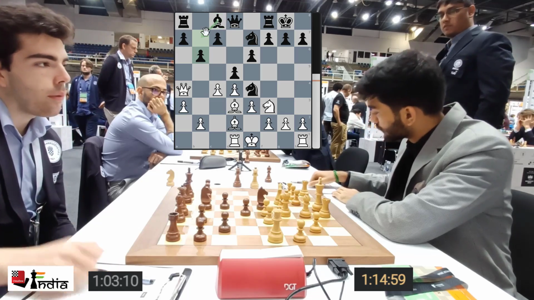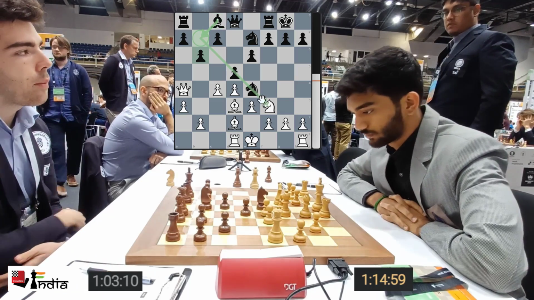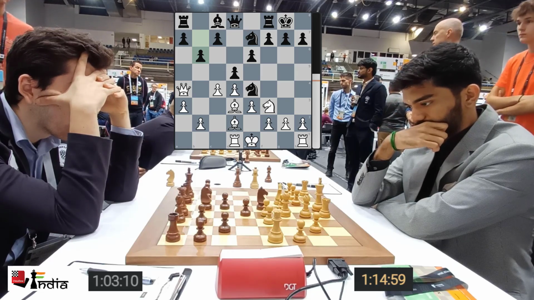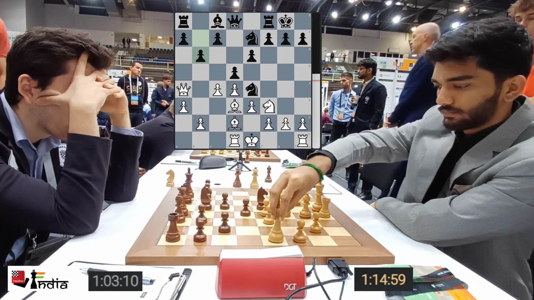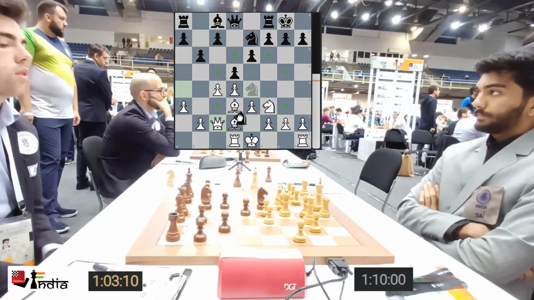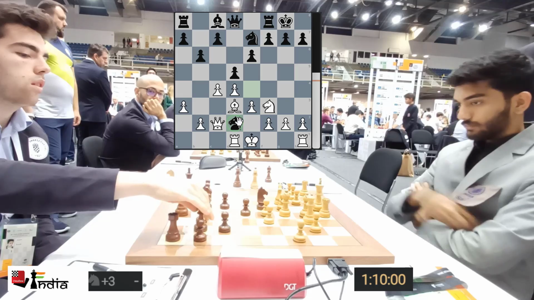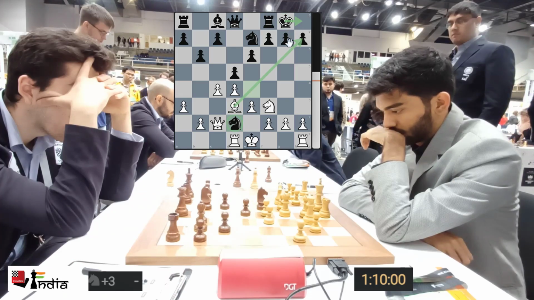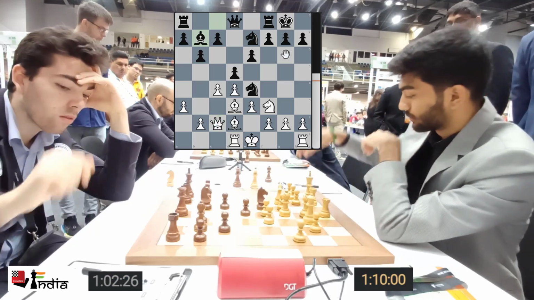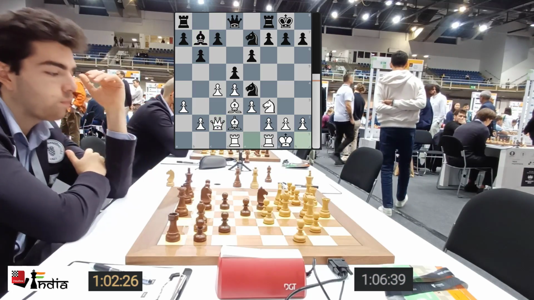And black wants to put the bishop on b7. Let's see what Gukesh does here. He brings his queen back to c2. And now you maybe can take here, because taking on h7 is not a good idea. Later on the bishop can get trapped. But he plays bishop b7 and Gukesh just castles.